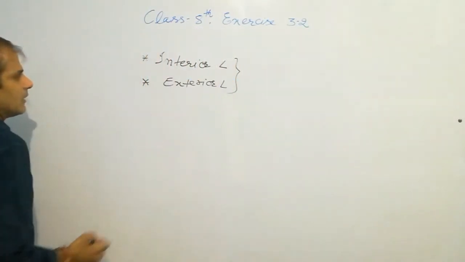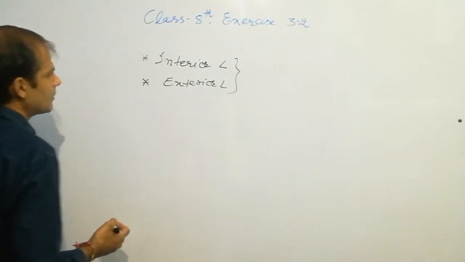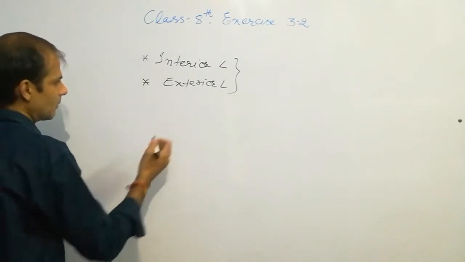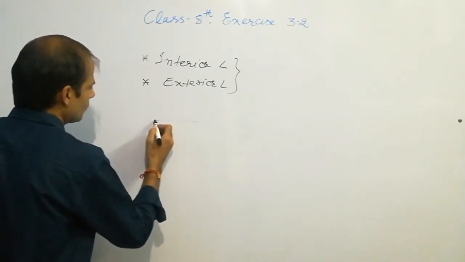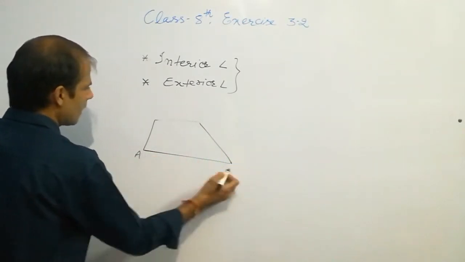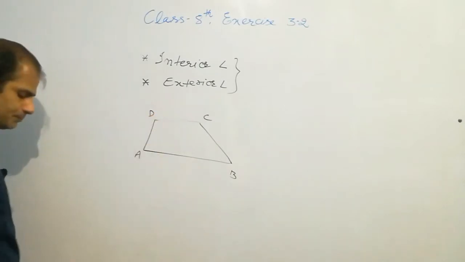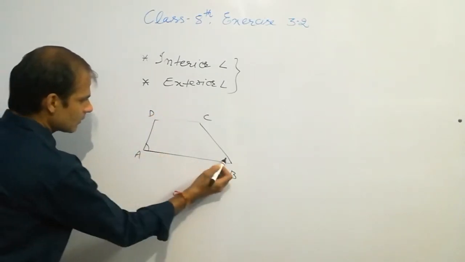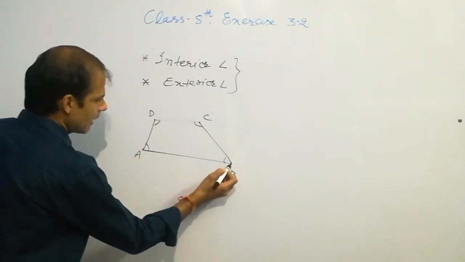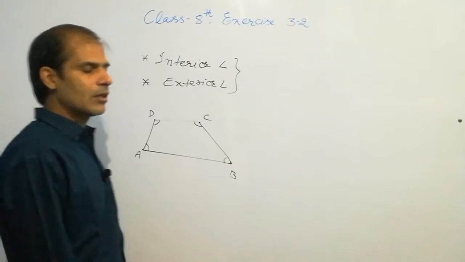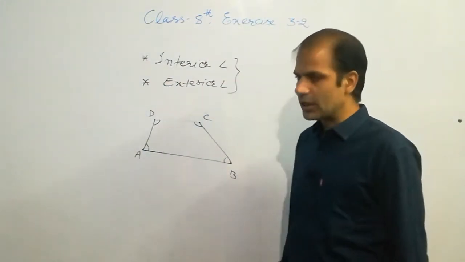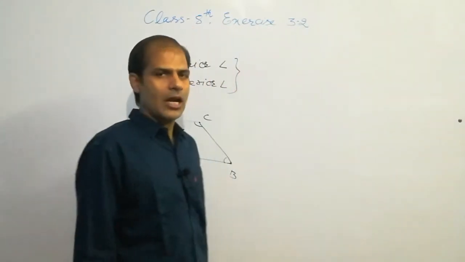So what is an interior angle? As you know, I explained these basic concepts in first video also, but there are some other properties. So I am going to draw a simple quadrilateral, okay. This is a quadrilateral A, B, C and D. These are the interior angles, okay. At every vertex the angles made by two line segments is called an interior angle. So in a quadrilateral there are four interior angles: angle A, angle B, angle C and angle D.